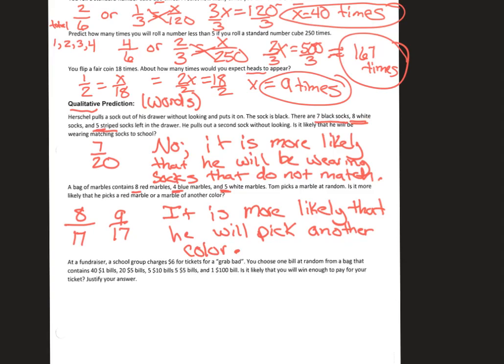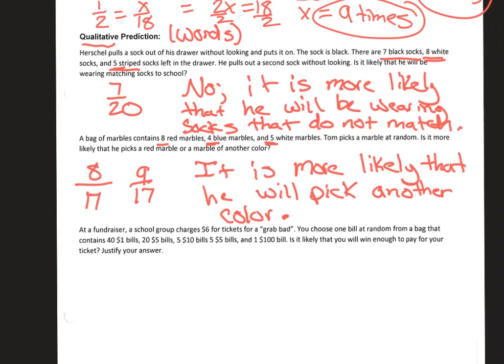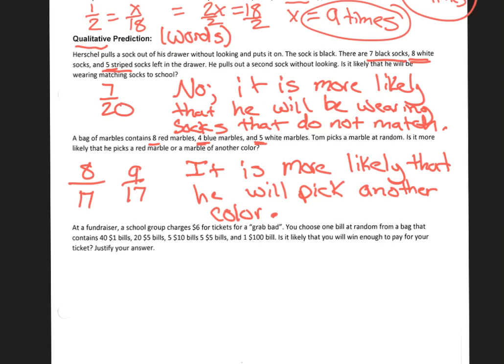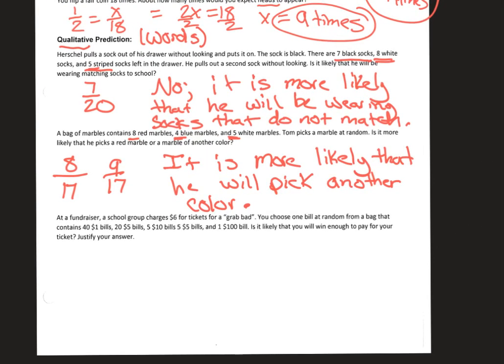Yeah, I think I have a typo in this one. That should be a 20. Okay, we'll fix that. Okay, so at a fundraiser, a school group charges $6 for tickets for a grab bag. You choose one bill at random from a bag that contains 40 $1 bills, 20 $5 bills, 5 $10 bills,